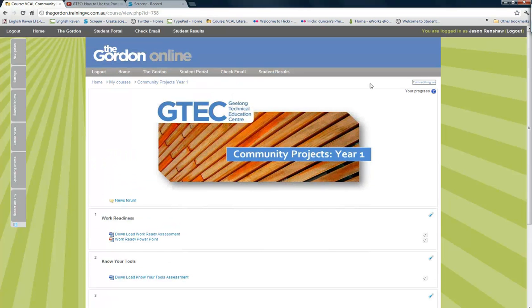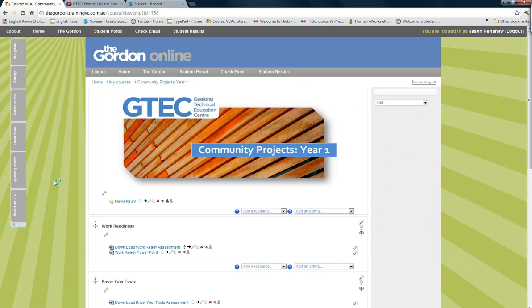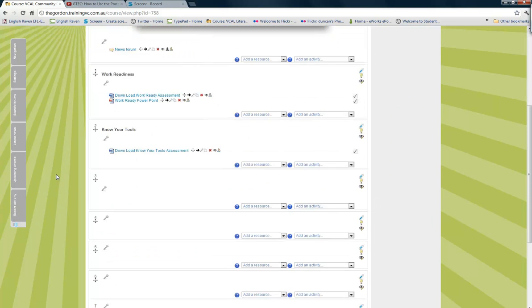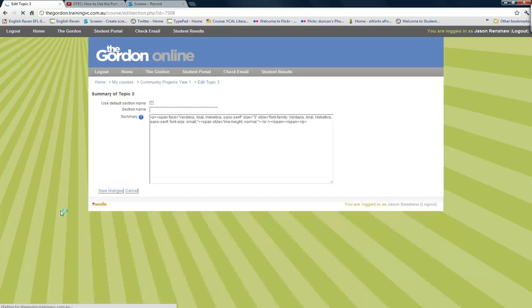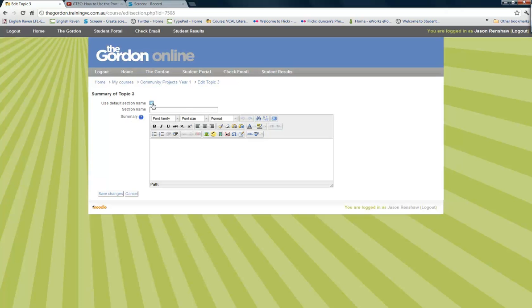So the first thing we need to do is turn our editing on up in the top right hand corner, and the first thing we really just need to do to keep things simple is create a name for this unit block. So I'm going to click on the spanner here for number 3, and normally it comes up with this ticked for a default section name. I'm going to click off that, and this particular section I'm going to call Tool Skills Using the Portable